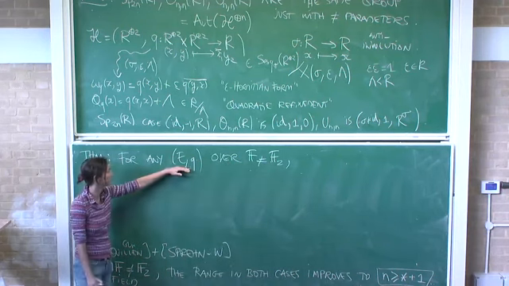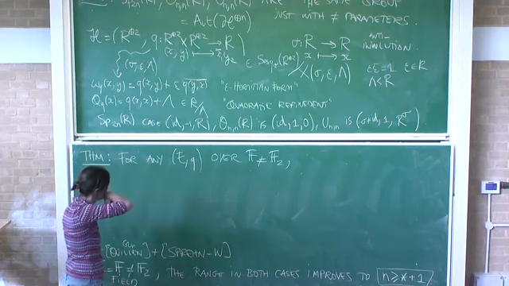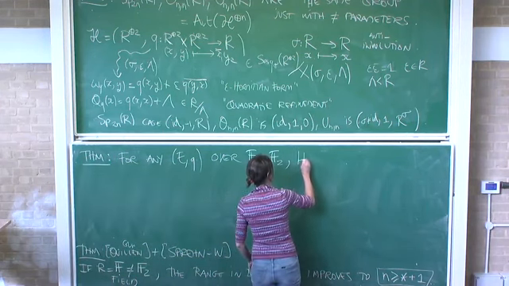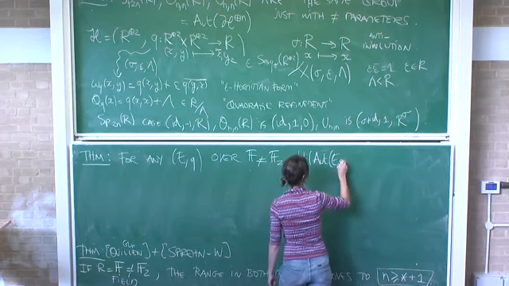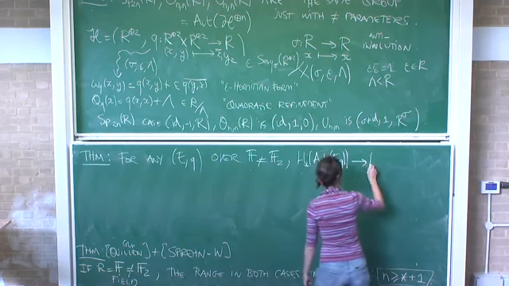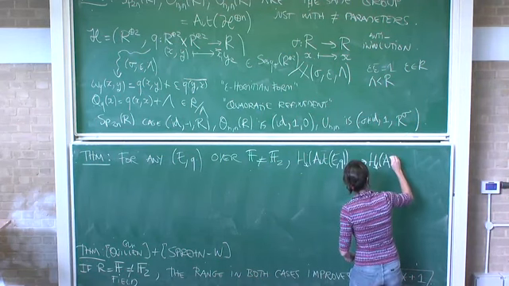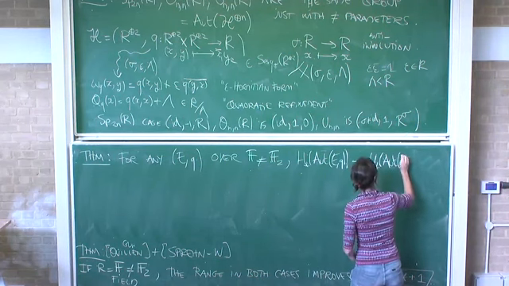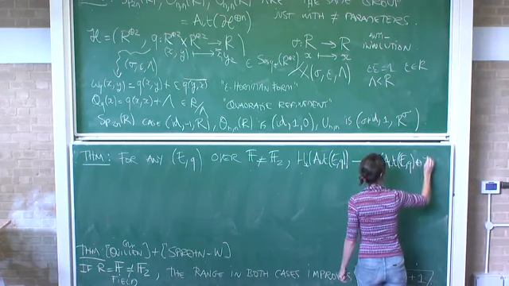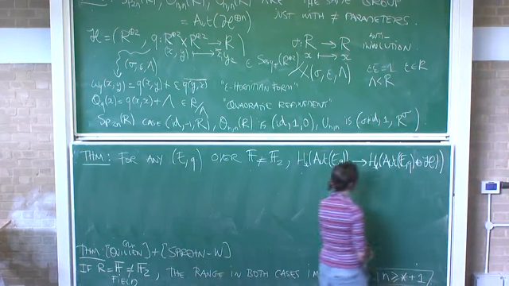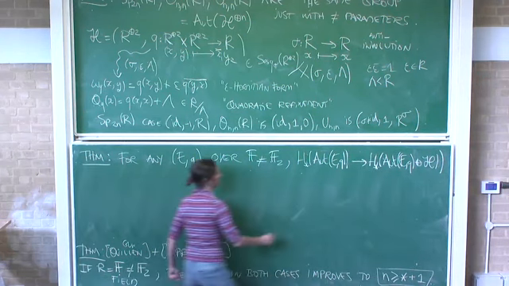I pick some form which is an element in that thing. Then you can look at the homology of the automorphism group of E_Q mapping to the homology of the automorphism group of E_Q plus this H that I defined above, and this is an isomorphism